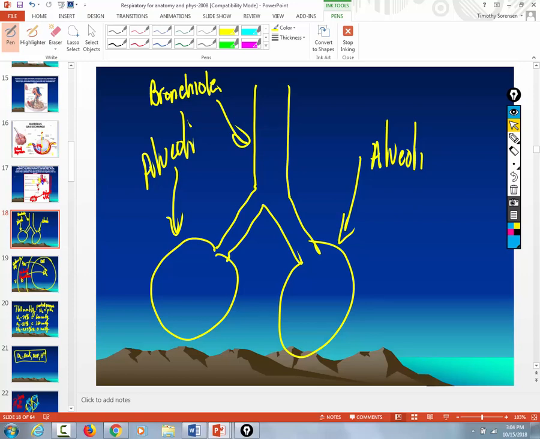Now, when you take a breath in, right, you expand your lungs. So air goes into your lungs. So when you take a breath in, air fills the airways, and it will also fill and expand the alveoli. But when you blow that breath out, what will happen